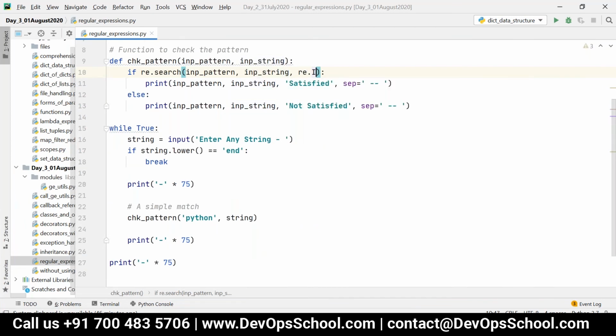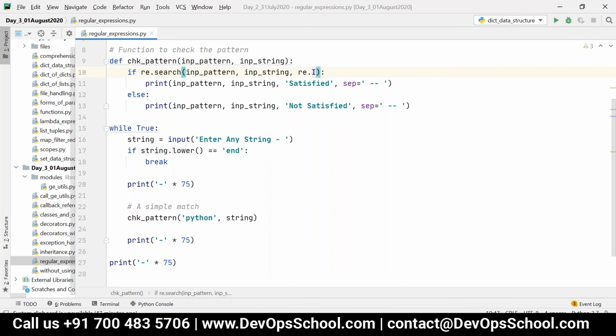All right. The concept of patterns is the same across all programming languages. There is no difference at all. Even a single change is not there.